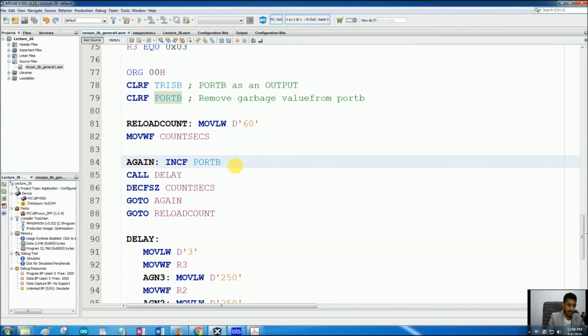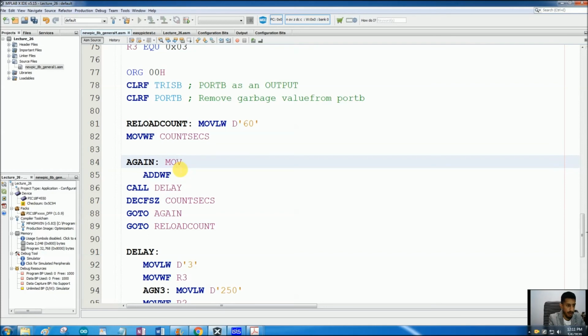At this point, when we are incrementing port B, we want to decimal adjust its value to make it BCD instead of hexadecimal. What we can do here is add working register and file register.